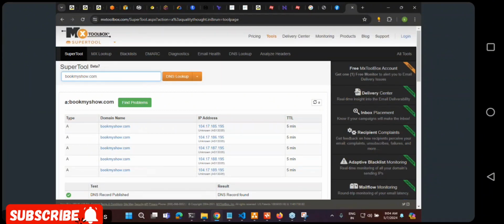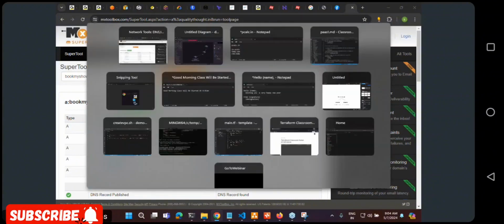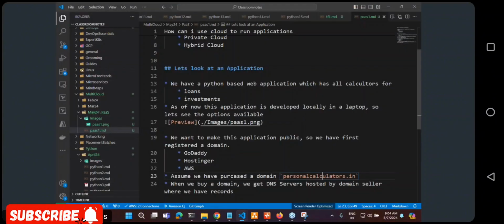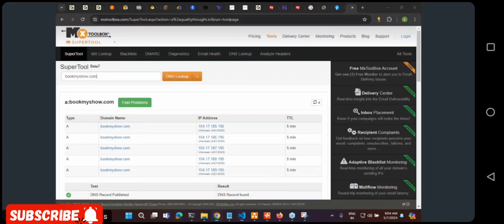Every day whenever you are accessing a website, this much is happening, because all the networking protocols go with IP addresses, they don't go with names. So first, is this part clear? So for my website now, pcalc.in, I need to give an IP address of the server where my application is running. Is this point clear? Okay, yeah.